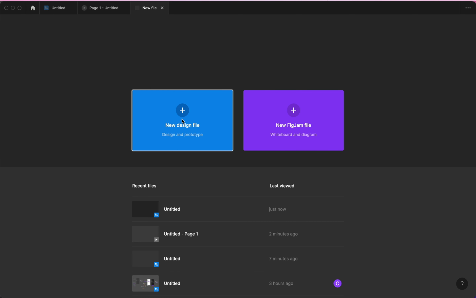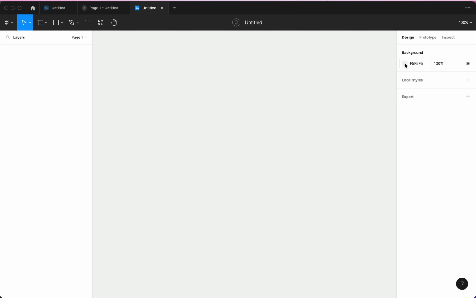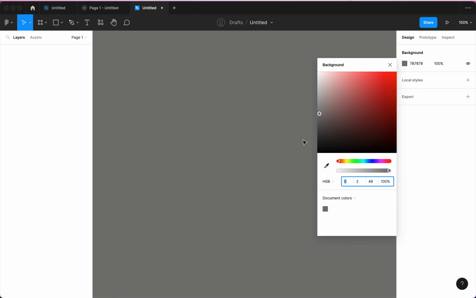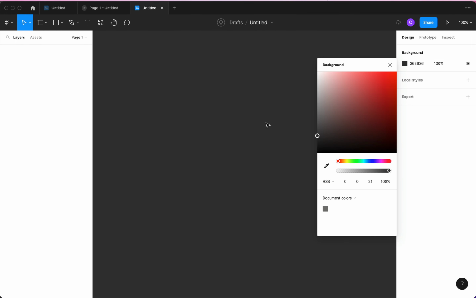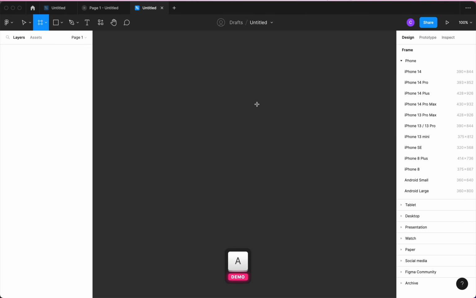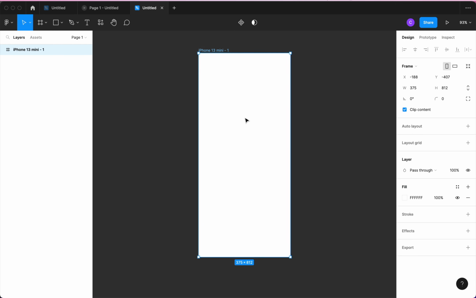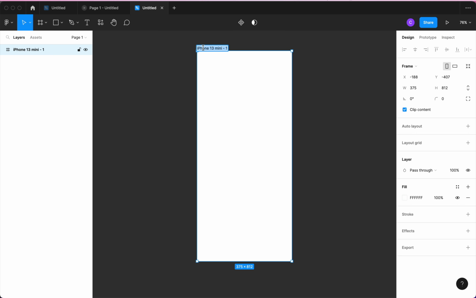So I'm going to open a new Figma document, and I'm going to change the background to a dark background. And next thing I'm going to do is to bring out my artboard tool. So I'm going to press A on the keyboard, and I'm going to click on phone, and I'll select the iPhone 13 mini. And this is the iPhone 13 mini frame. I can go ahead and rename this to